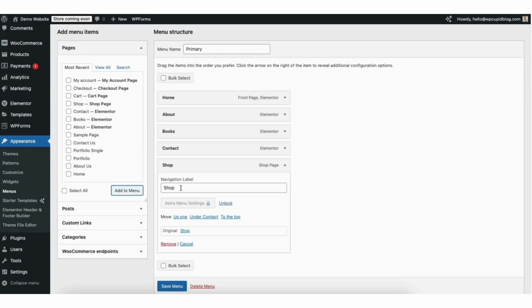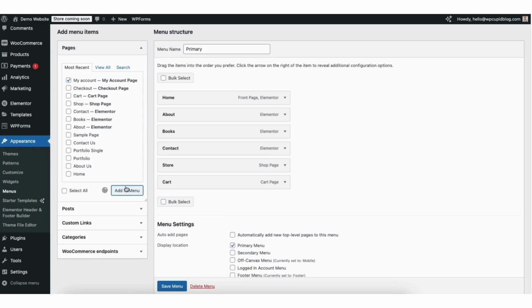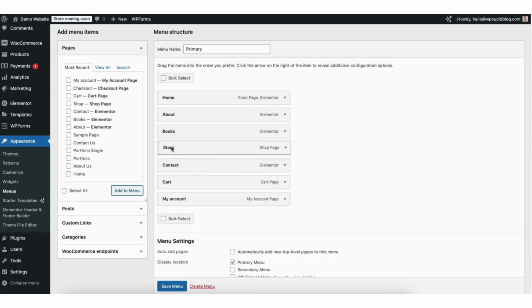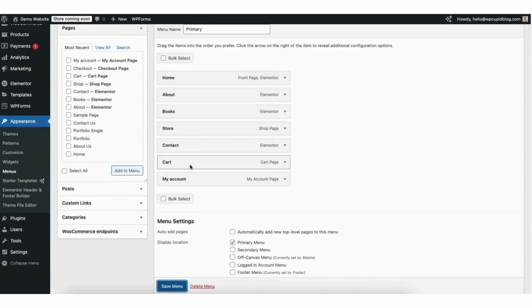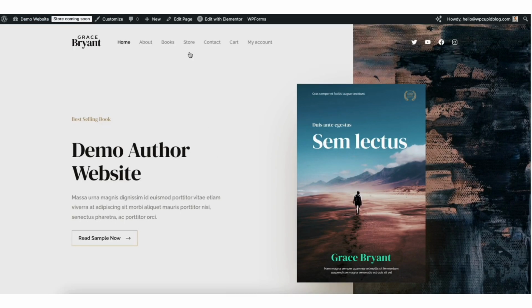If you want to rename the page in the menu, click the arrow to the right. You'll see it says Shop. You can put in whatever you'd like. For example, I'll replace it with Store. I'll click the arrow again to get the drop down to not show any longer. I'll go ahead and add in the Cart and My Account pages to the menu. I'll rearrange mine to how I want it by dragging them in place. Once you are done, you want to save your changes. You want to click the Save Menu button. I'll now bring up a preview of my site by hovering over my site title name at the top. I'll click Visit Site. You'll now see the Store, Cart, and My Account pages added to the menu.